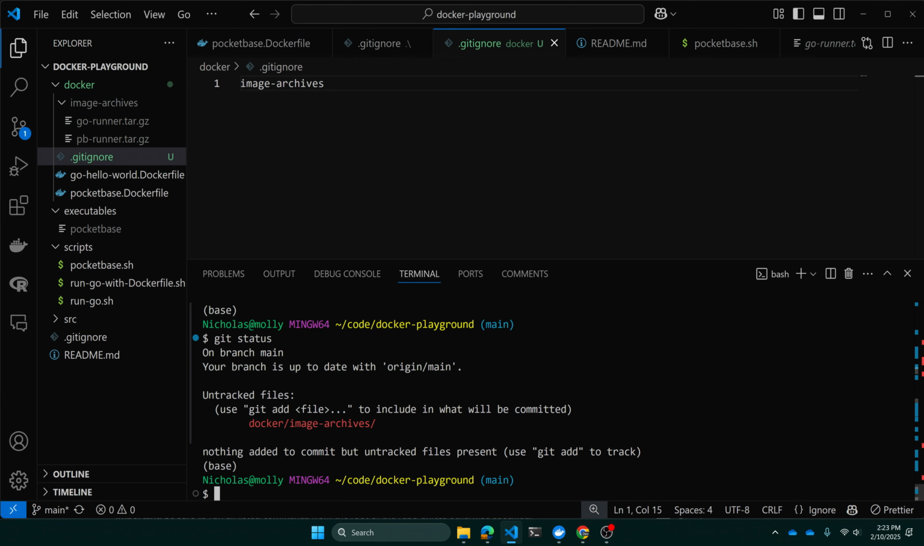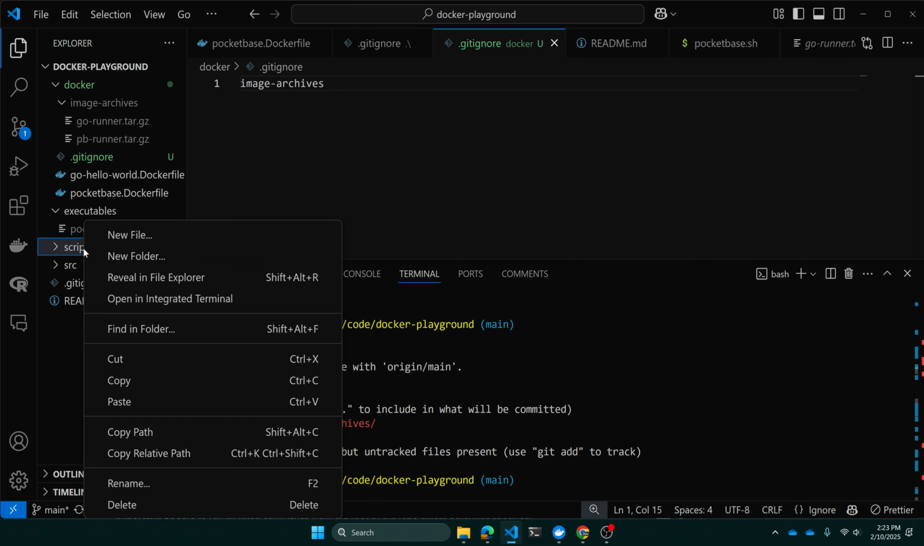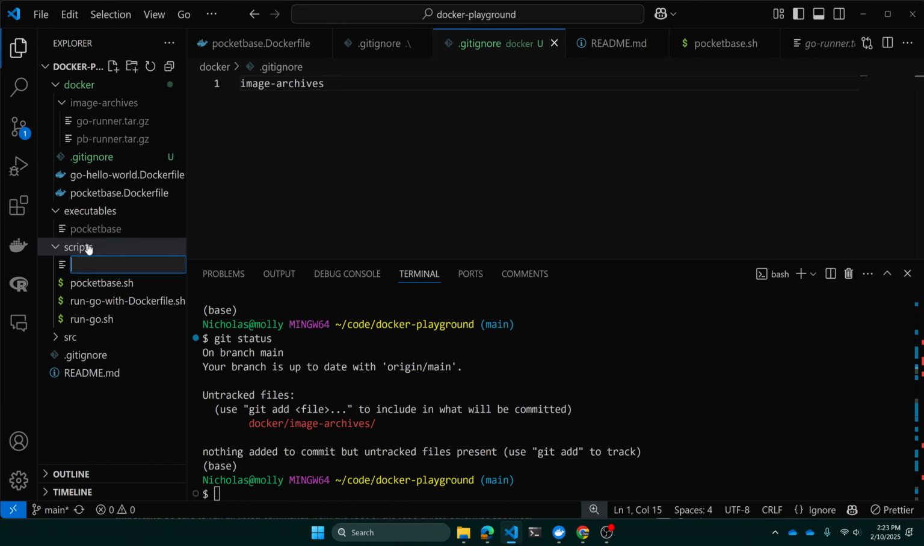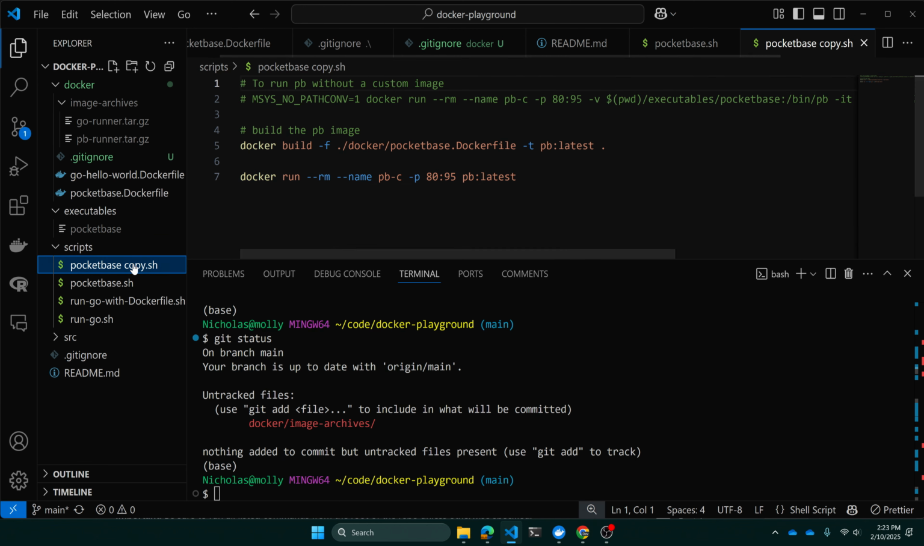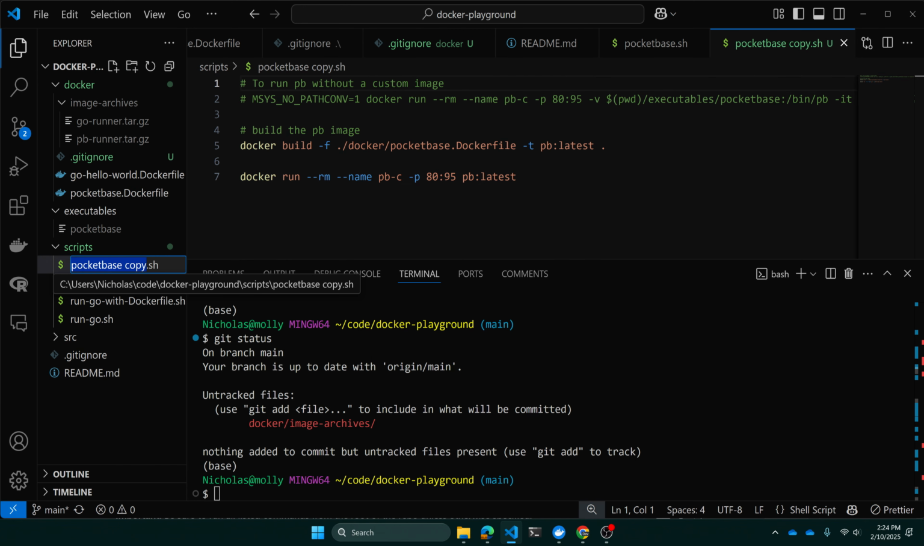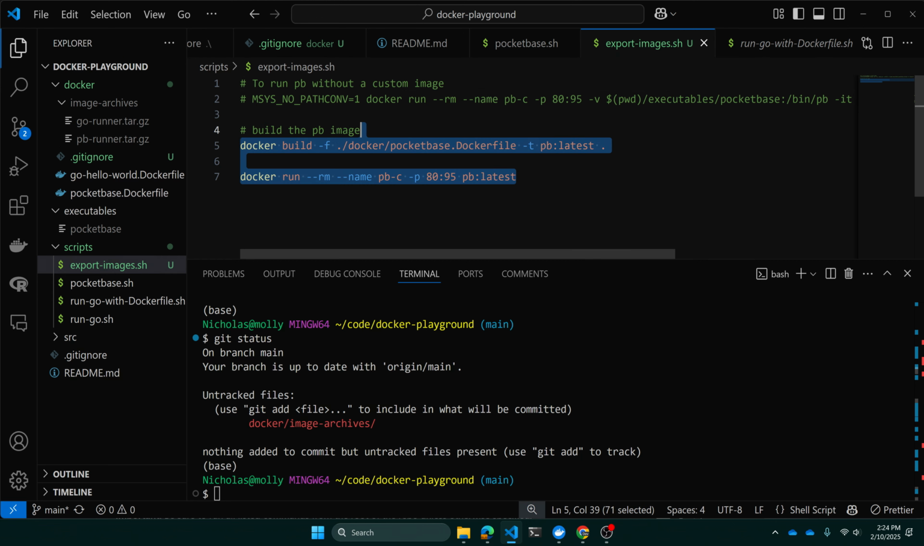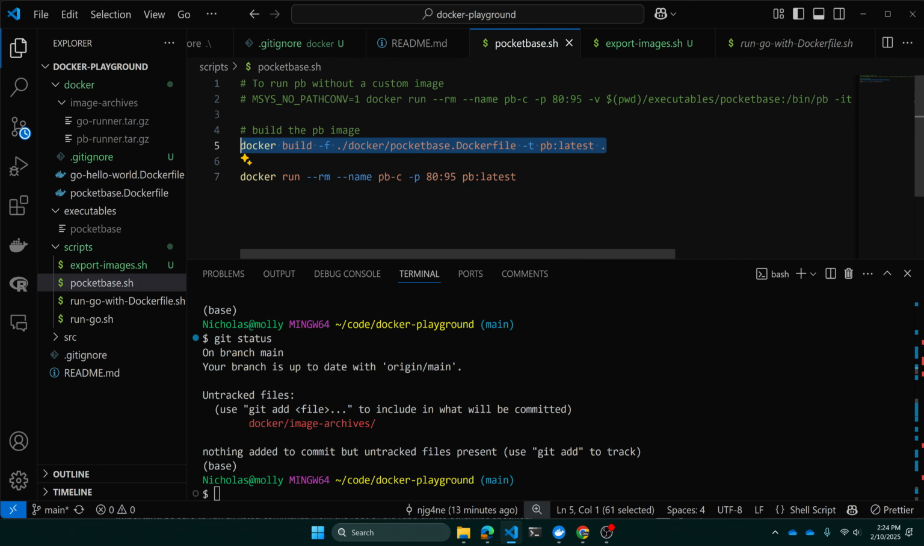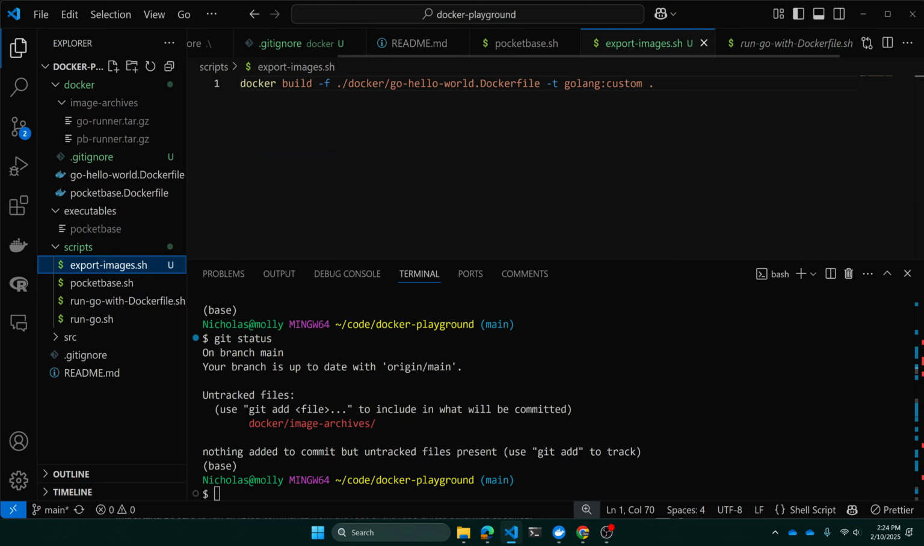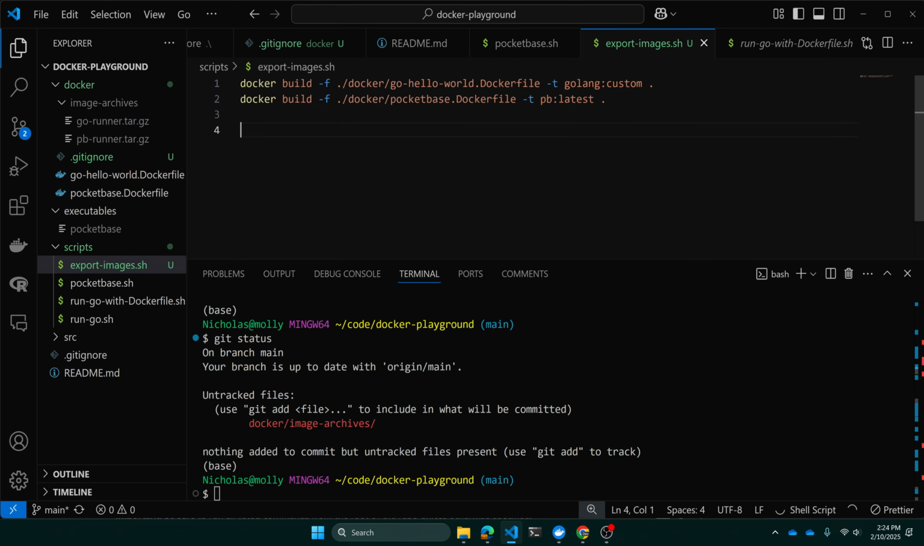And then we should probably do a shell script, new file. We'll just copy Pocket-Base copy, and rename it to export images.sh. So we'll go ahead and copy over our Golang custom builder and copy over our Pocket-Base builder. And then we can go ahead and